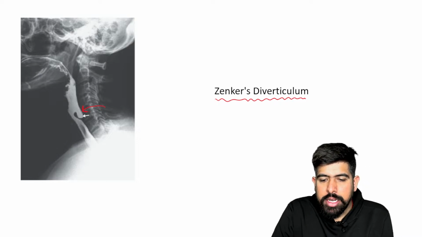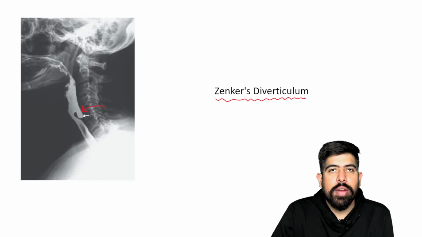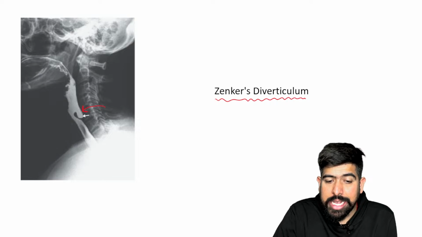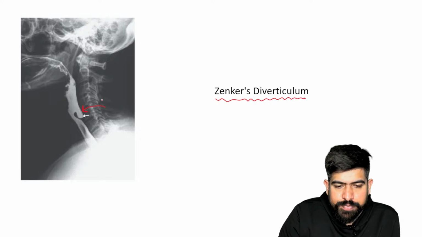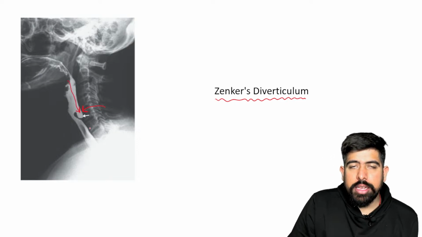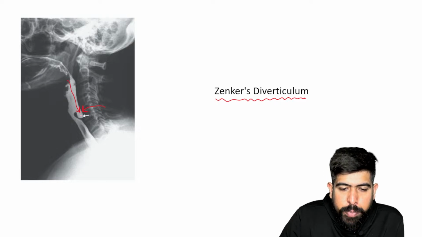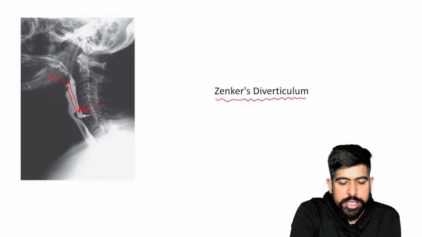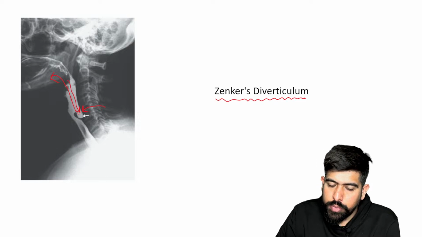In this condition, the patient is having regurgitation of the food particles. After having the food, what is happening? This food will accumulate here. Can you see? If the patient has food, it will stay there, and after some time, when the patient is lying down, these food particles come back again. So this is known as the regurgitation of food particles.